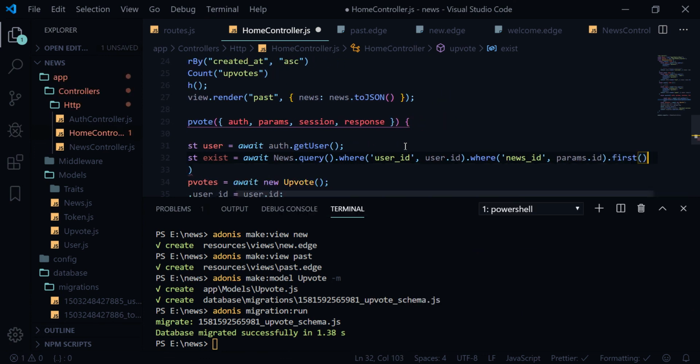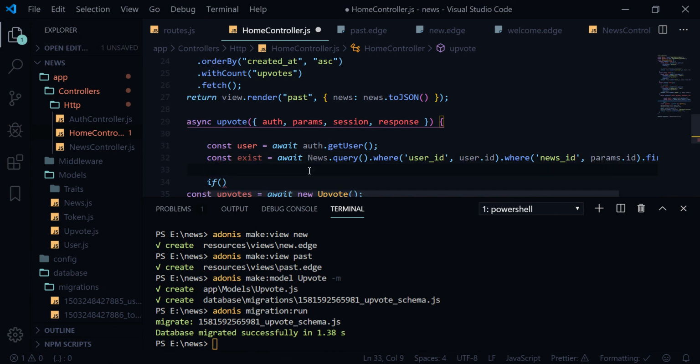Remember, take the first value here, right? So this is exist. So if exist,